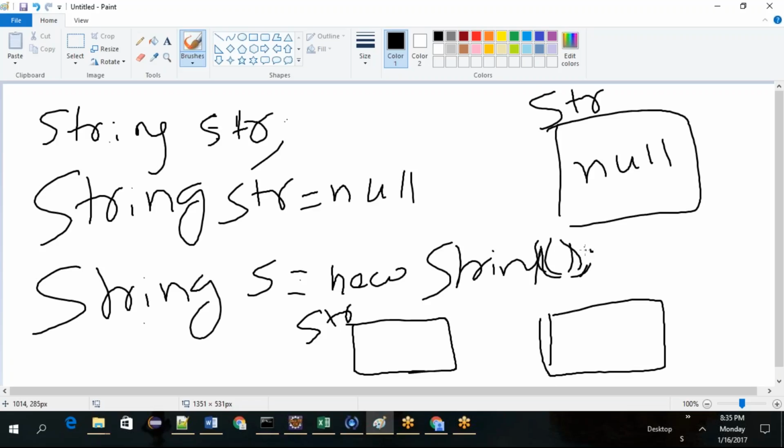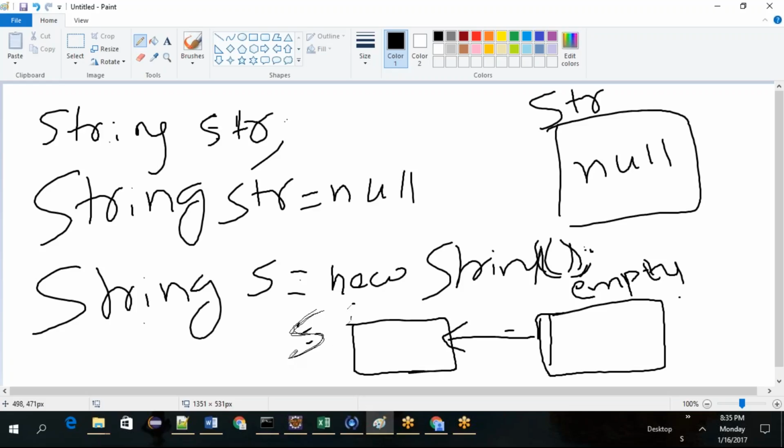It is an empty object, and it has been assigned to s. Make sense?